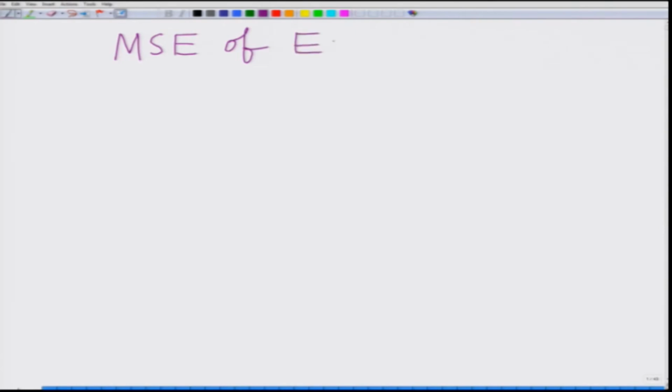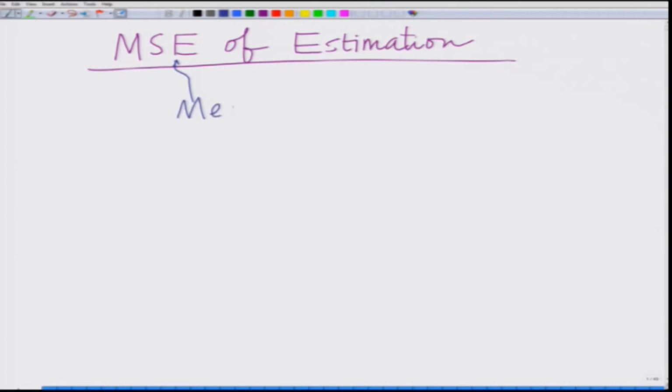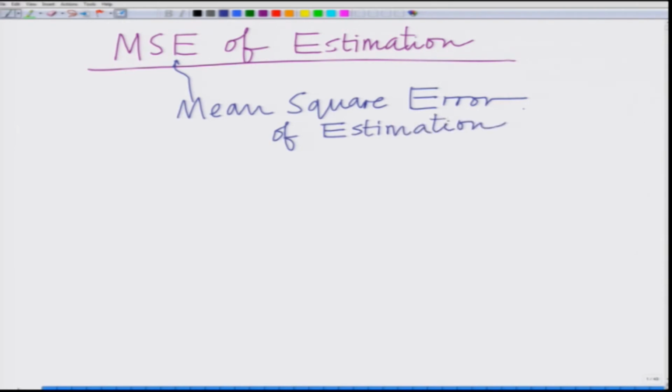We are going to look at the MSE of estimation. MSE stands for the mean squared error. The mean squared error of estimation, correct. For the parameter h, we know that the MSE is defined as